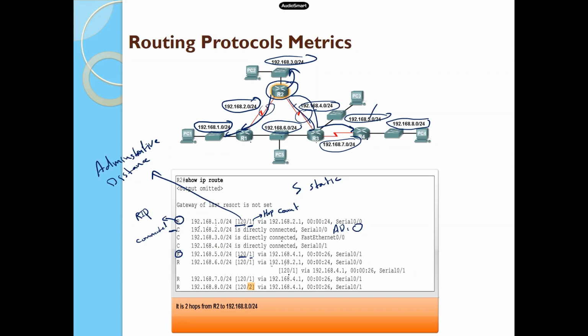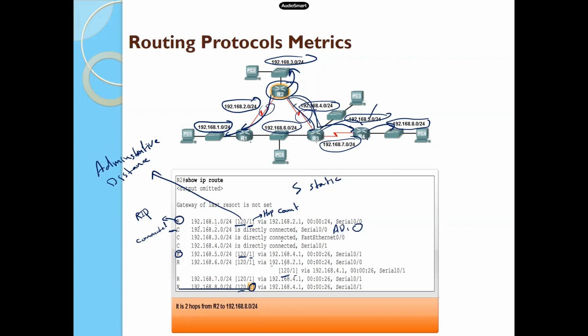And again, for each one of them, it shows the administrative distance and the hop count. Since it's only one router, the hop count is 1. Now 7, similarly, it is only 1 RIP. Now what about 8? It will take it like this. That is 1, and that is 2, and there you go, that is 8. So in this case, the hop count is 2, administrative distance is the same. It's going to stay always 120 for RIP